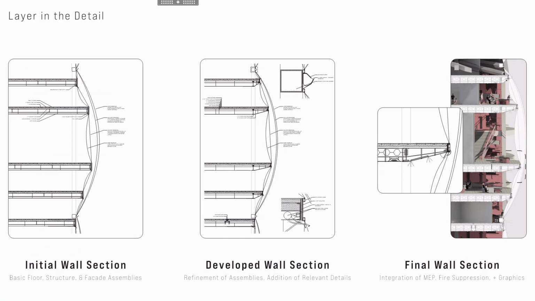I just want to show, as you guys are developing the wall sections, to not get overwhelmed. This is the one from my comprehensive studio. Starting off with really simple floor assemblies and the facade, then doing more detailing and figuring out specific connections, and finally layering in the systems: your sprinklers, your MEP, how you're distributing buildings. So we did castellated beams. And don't judge me too hard on the graphics. That was not me. But putting in a little bit more of a representative